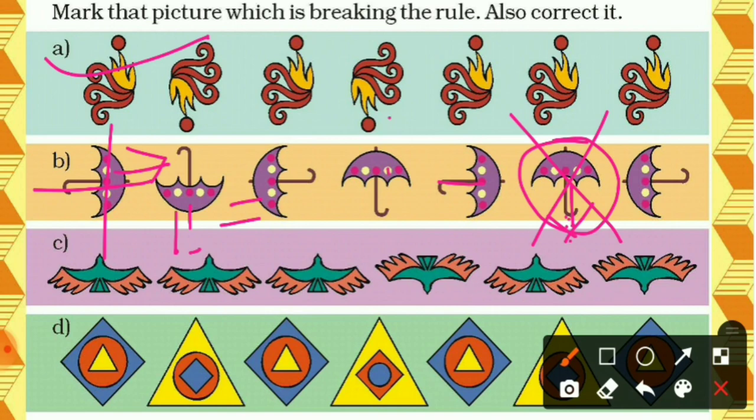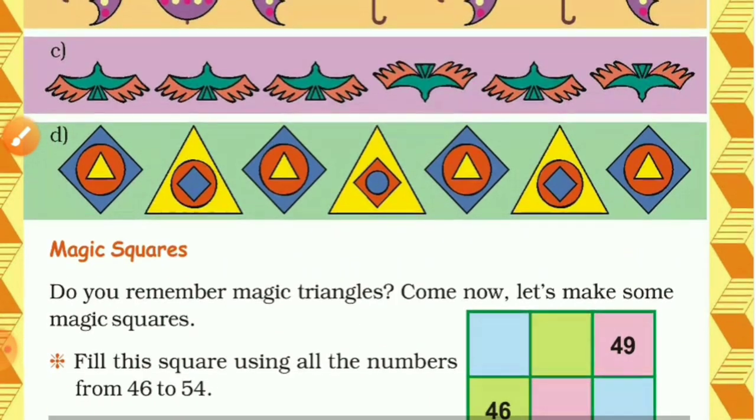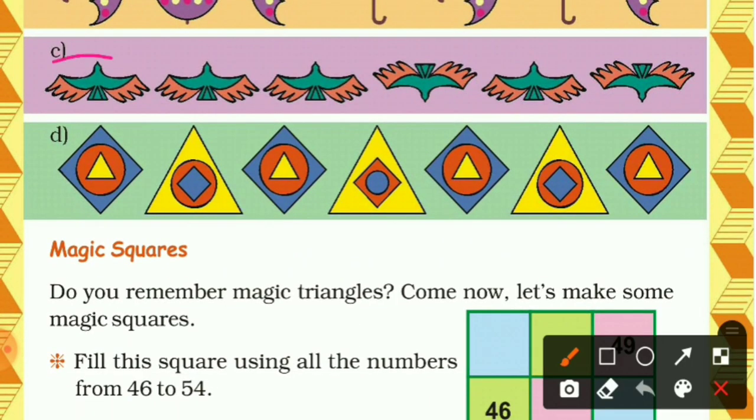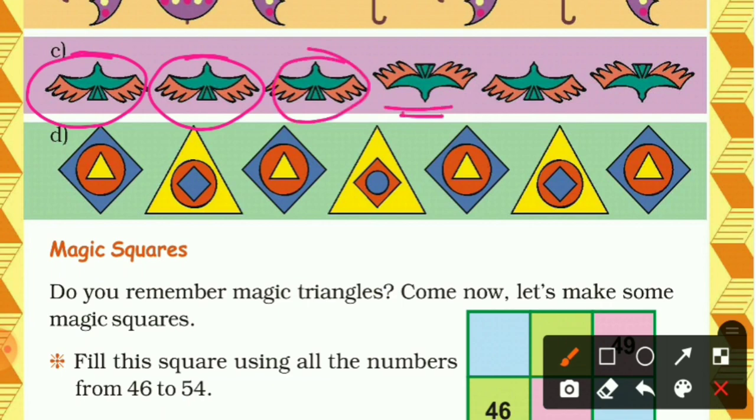Okay, now come to C number. We have a bird. So in the first picture you can see the mouth, the face of the bird is upside. Now in second picture it is also upside. Okay, in third picture it is also upside, but in fourth this bird is facing downside. Okay, now in next picture it is facing upside and now down, means up, down, up pattern is here. So it means here any one picture is wrong. So which one is wrong? Yes, no doubt the second one is wrong, because it should face downside, then the sequence will be correct.